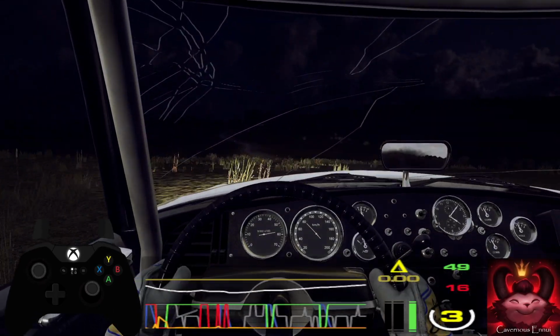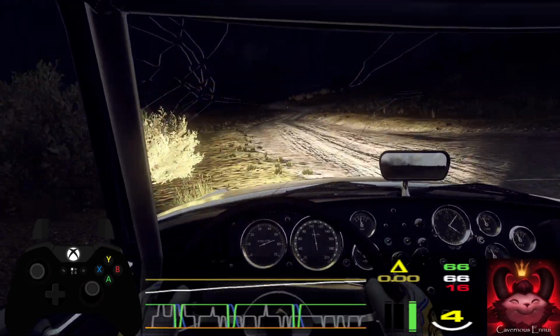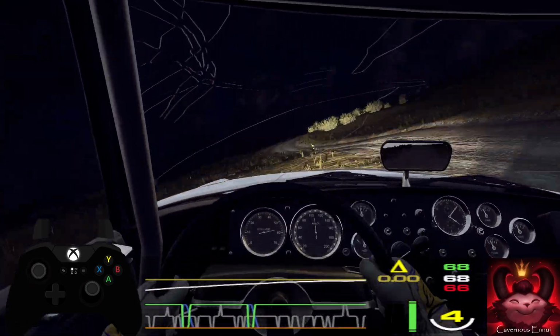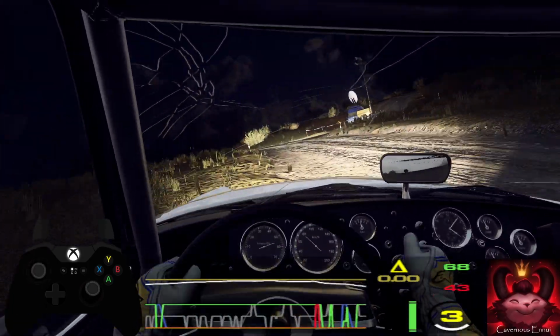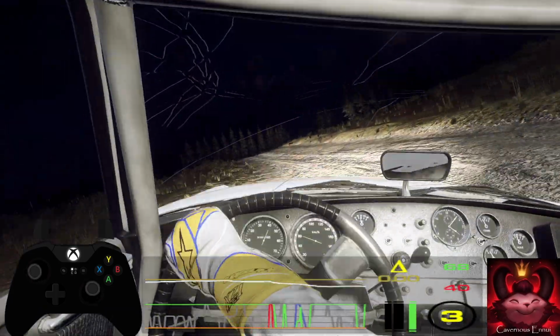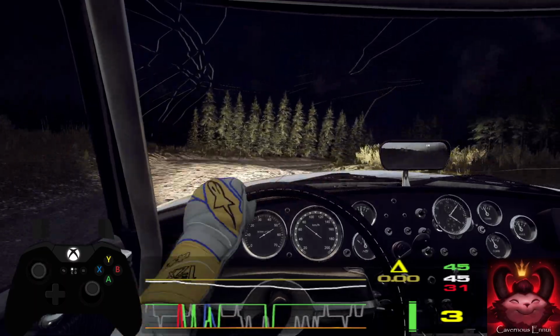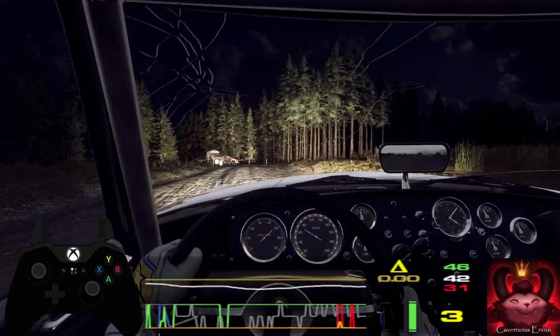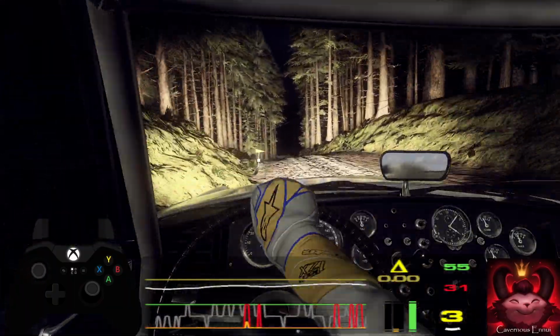4 right, 2 left tightens, and 4 right, 4 left, into 3 right long tightens, into turn, 2 left tightens, opens of a jump, into 3 right long, caution 30, turn 6 right, 4 left of a crest, downhill, slow, keep left of 80, turn square right,